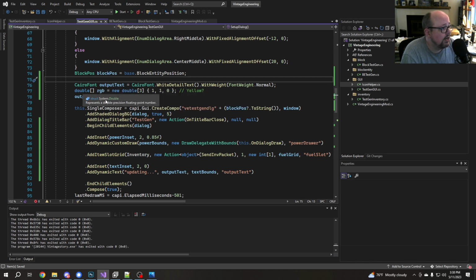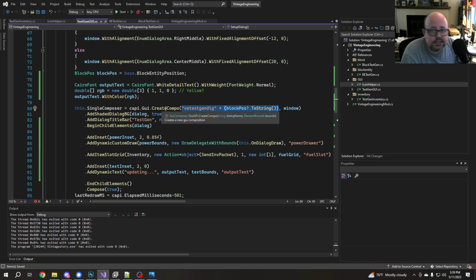Which is what I do down here. I build right here the composition dialog name. Now, this is not the name that appears in the title bar. This is the internal name of this dialog box, right? Has to be unique